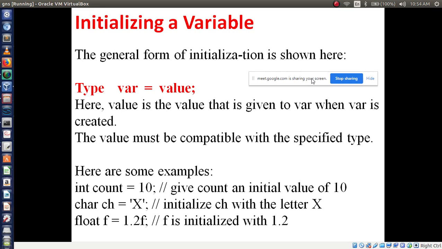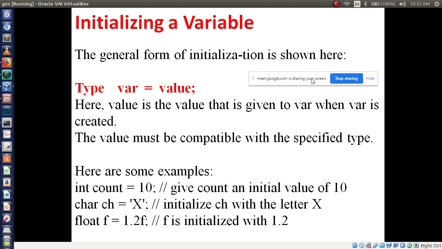What value are you going to assign? Here value is the value that is given to the variable name, right? That variable var is created by whom? That is the user or programmer. The value must be compatible with the specified type. Compatible means if you are assigning a number, whole numbers, it should be int.